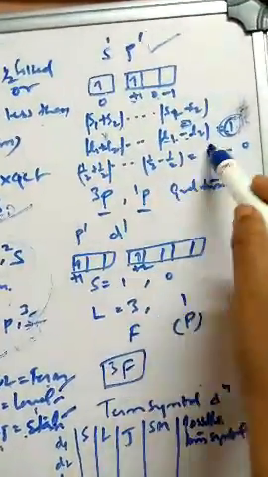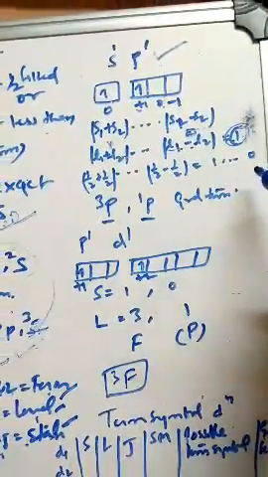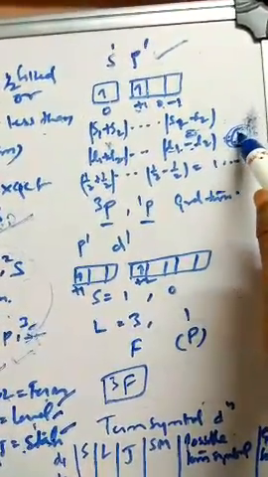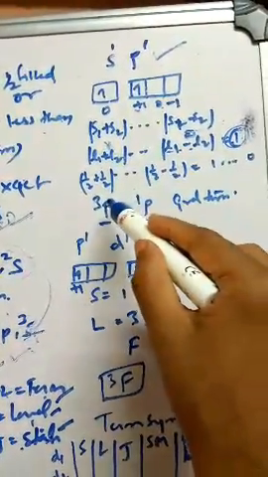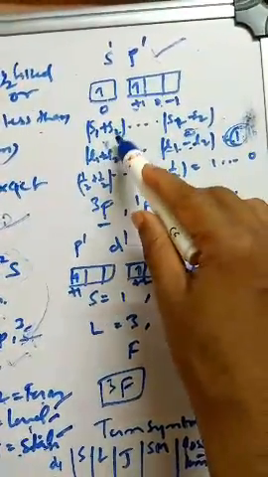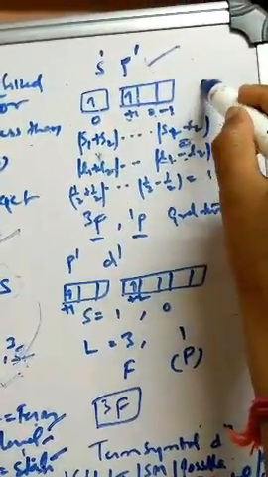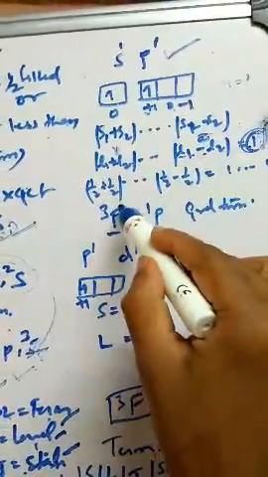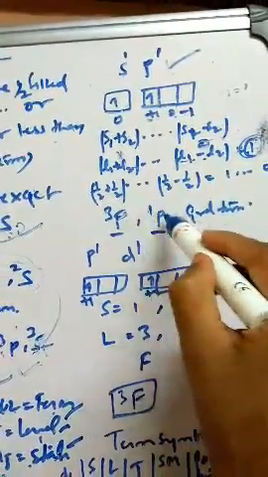Now you put both together. So what will the ground term be? See here, L is 1, which means what? P. So P is the L value here. S is what here? We got S as 1. So 2S + 1 is 2 into 1 plus 1, so how much? 3. So we get triplet P, and the other is singlet P.